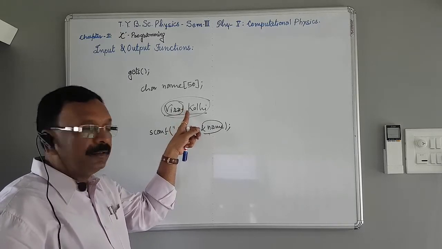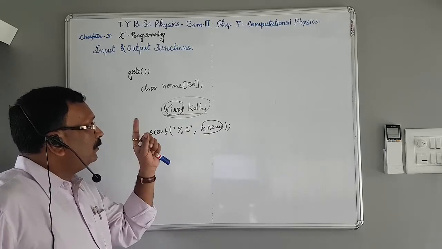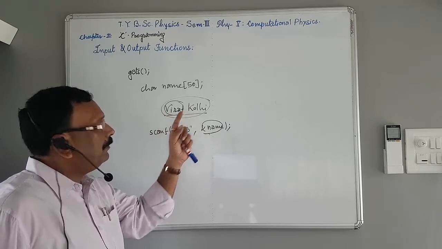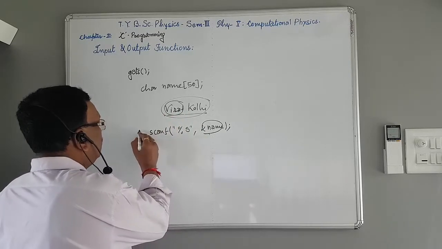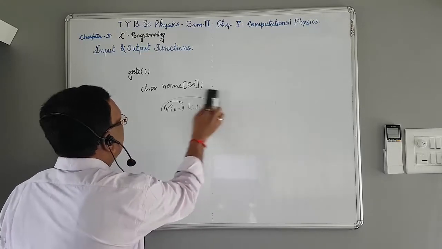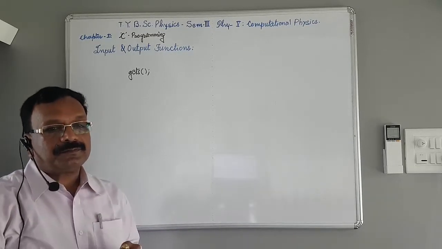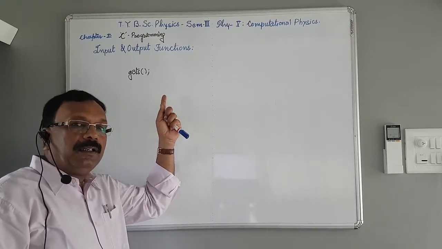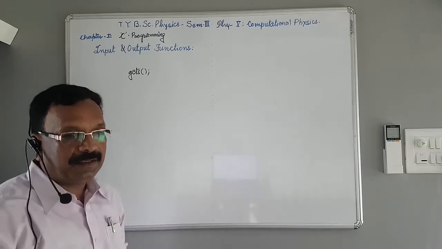The computer supposes that there is no further data because of the blank space. And this is the problem. We want to supply the data like Virat Kohli with a blank space. During such time, if this function is unable to do this, then we use the function gets, which overcomes the inability of the scanf function.